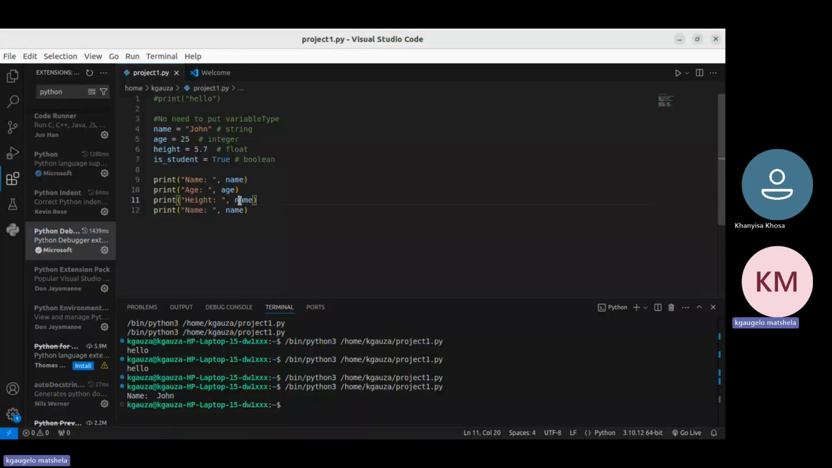This is height. And then here you can put height. And remember also, if you want to display everything on the same line, you can also do that, right? Here I'm just going to say student,